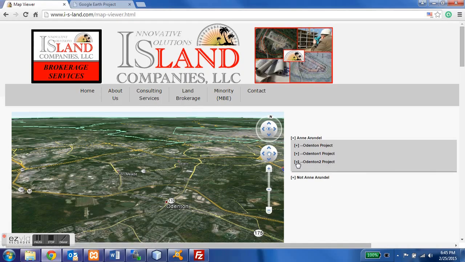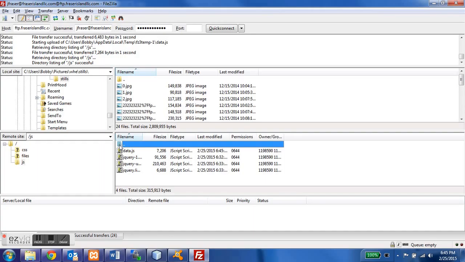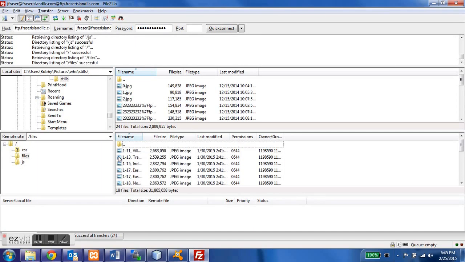Now, when you're going to add new files, you'll see on FileZilla, this thing right here means go back to the previous folder. Files right here is where your images are going to be. So if you open up Files, you will see all the file names just listed underneath, and that's where you can drag and drop even